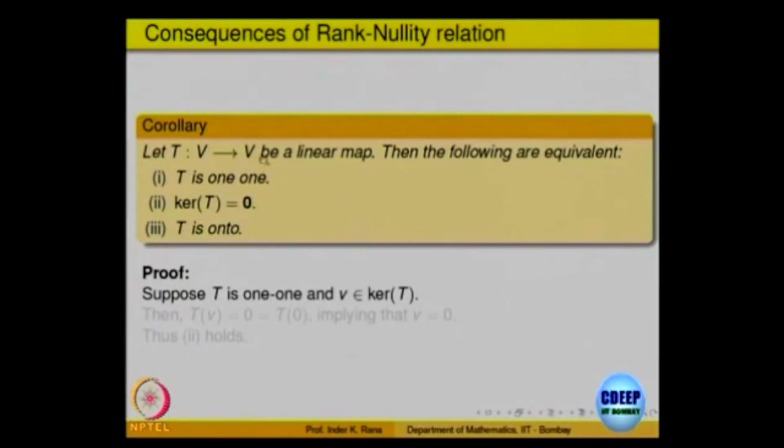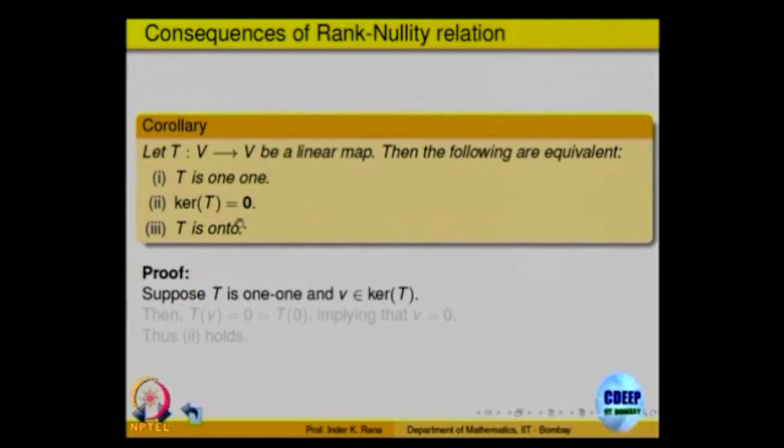a linear map from V to V, from the same space to itself, then the following statements are equivalent: T is 1-1, it takes different vectors to different vectors; the kernel is the 0 space, there is no element in the kernel other than 0; and T is onto. So, as a consequence of the Rank-Nullity theorem, a linear transformation T is 1-1 if and only if it is onto. One of the properties is good enough to say the other. For functions that is not true in general, but for linear transformations V to V that is true,